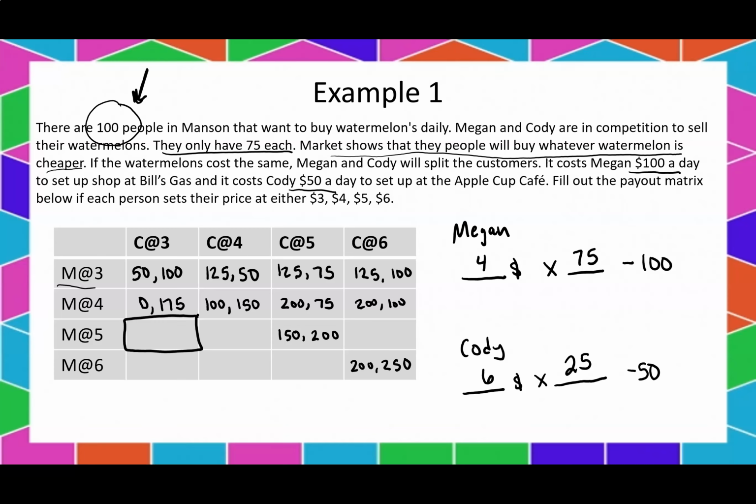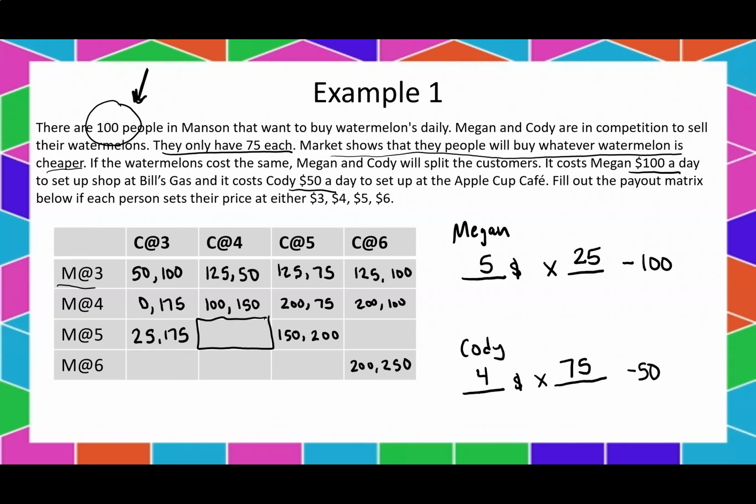So who's cheaper? Looks like Cody's cheaper at $3. So Cody at $3 is going to get 75 customers. Megan at $5 is going to get 25. And that's going to give us 25, 175. Okay, taking a look at this one right here, Megan is still at $5 and Cody is now at